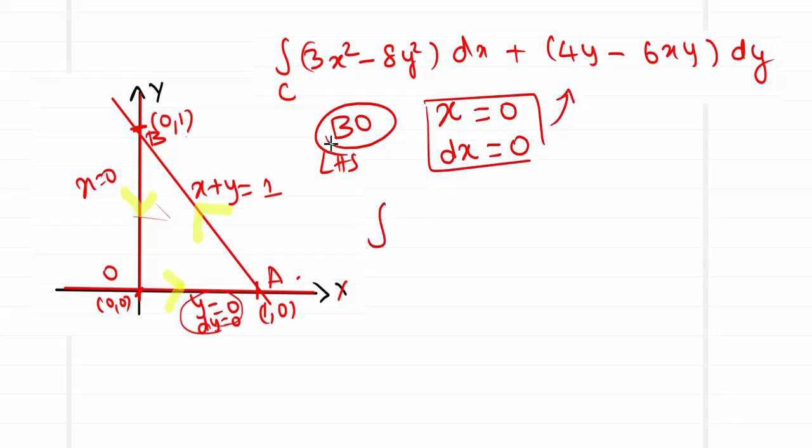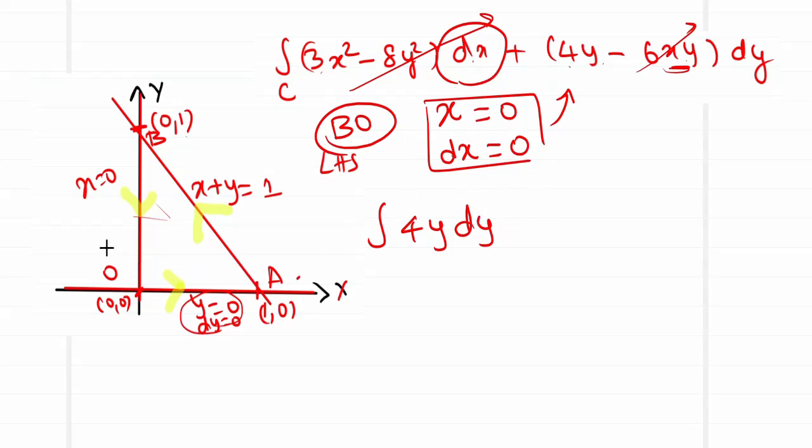So you have integral 3x square. So this will become 0. This dx part will vanish entirely, this quantity. Now 4y will be remaining, and this x is replaced as 0. So this will vanish. So we are left with 4y dy. So the long expression over here has now become a very short expression by diminishing all the quantities by